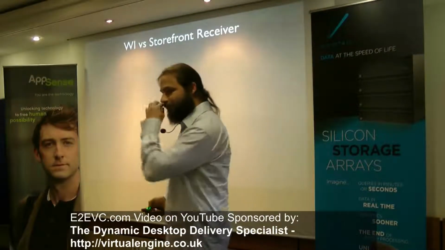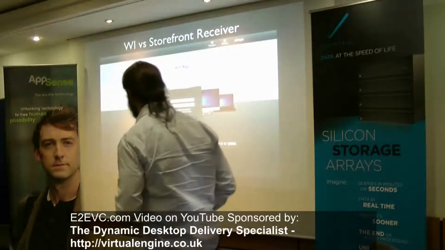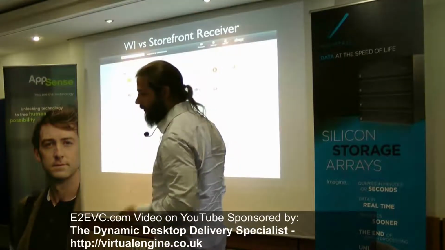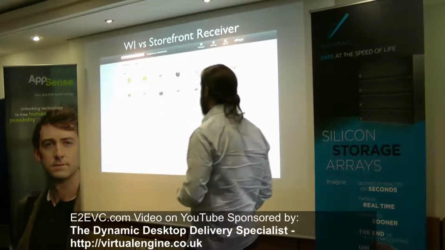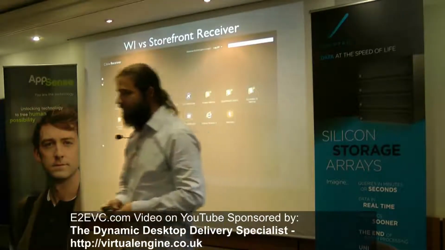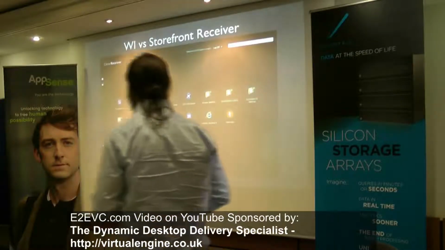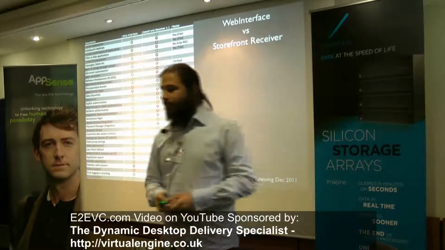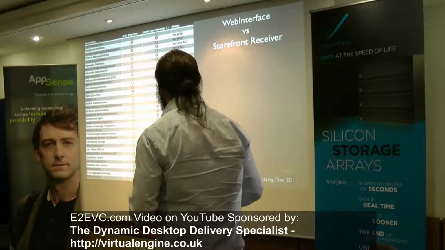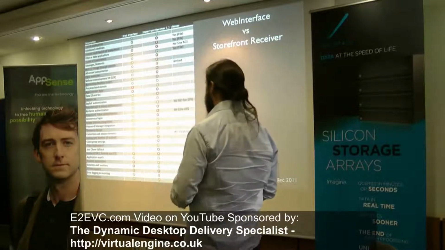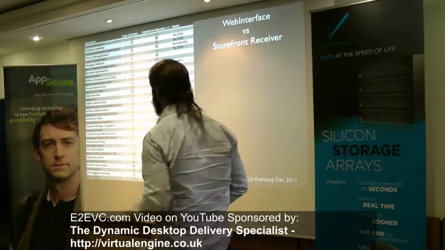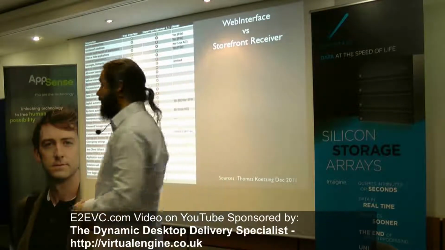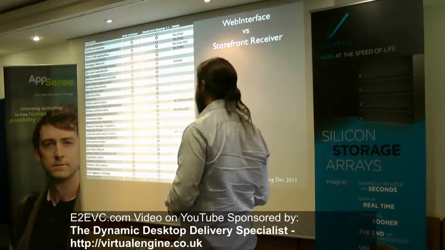Okay, so now I need to compare the front web. So this is a login page for the web interface, the login page for the receiver, the application list for the web interface, and the application list for the storefront receiver. I took this table. I asked Thomas if I could use it for a presentation, so he agreed, and I completed it. As you can see, there are a lot of features missing from the storefront receiver, and this is very interesting